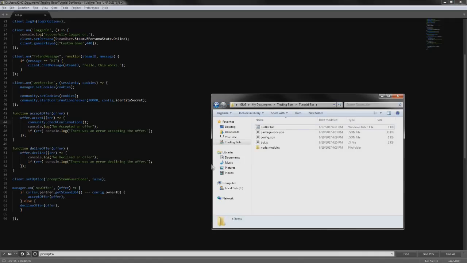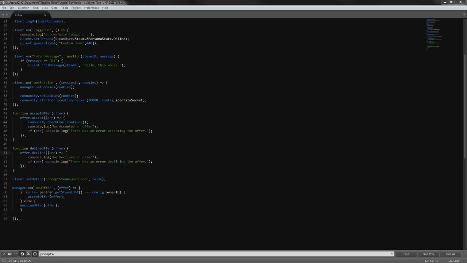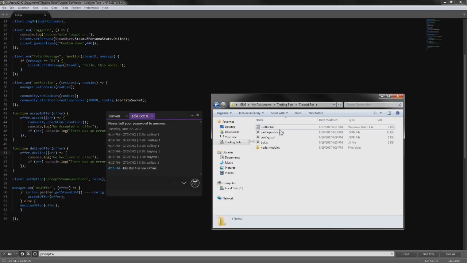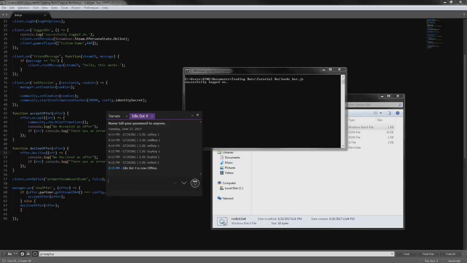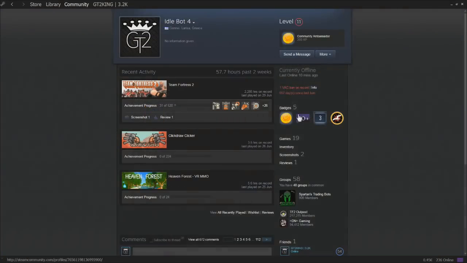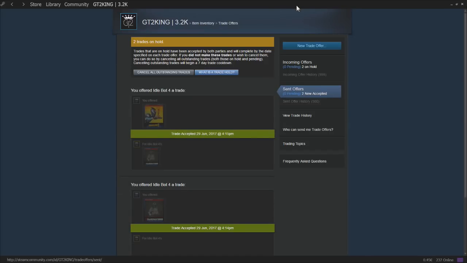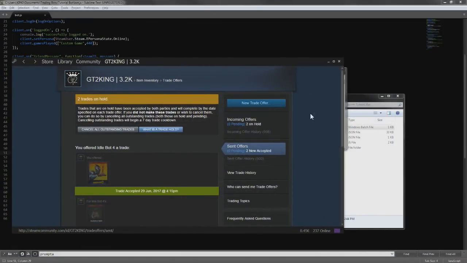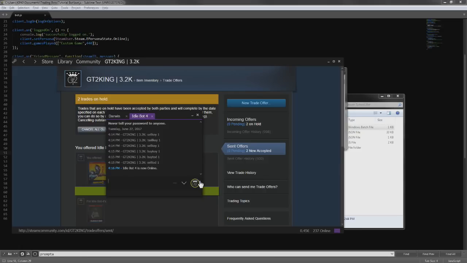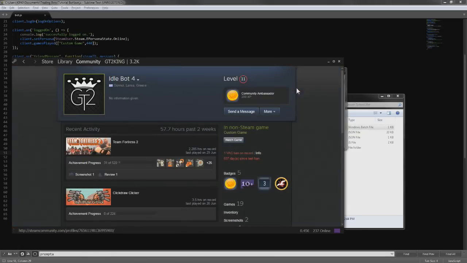And one thing that we're gonna do, or we'll do that after or later, I don't know, but let's start up the bot and see if it accepts the offer. So it should actually accept this offer because it accepted this one before, and as you can see, yeah, it accepted it. I think that was from before because it started the confirmation check. So we're gonna start up a new one,